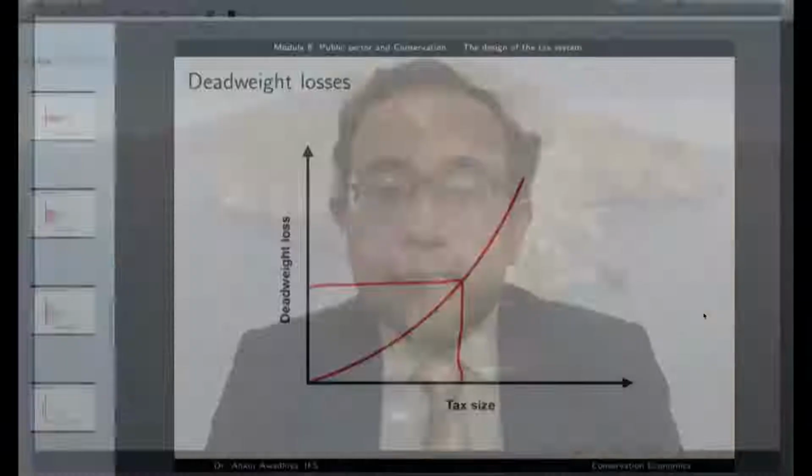wars. Now, in the time of a war, the government may increase the amount of tax probably towards the maximization of the Laffer curve. So the government will try to maximize the tax revenue to use for war purposes. Because in that case, even when the deadweight losses are large, people probably will not mind. But in a normal circumstance, if the government tries to go for a tax maximization, people might just revolt against the government. So this is an important consideration to keep in mind while designing the tax system.